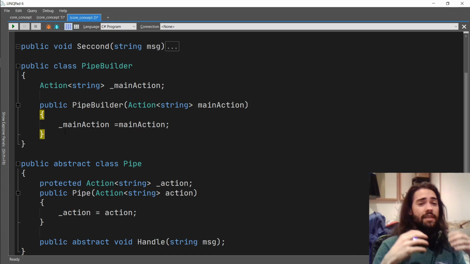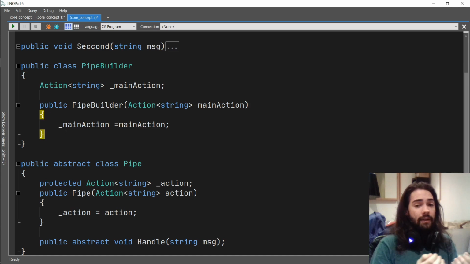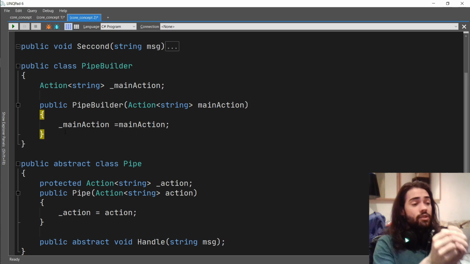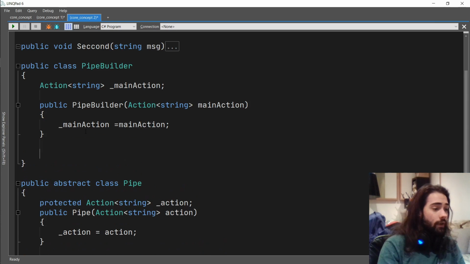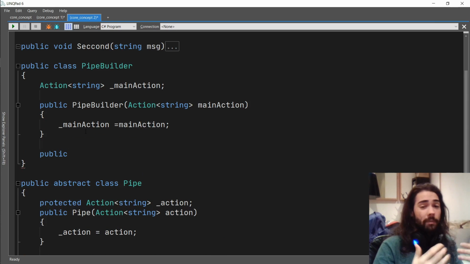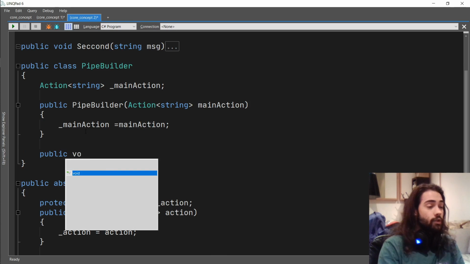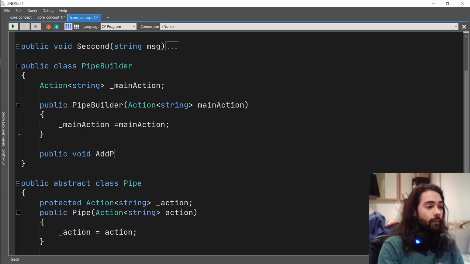Because essentially what's going to happen here is we cannot pass instances of types. So when we create the pipe, we already need to know what action is going to be going in there. Okay, so we need to know all of our pipes before we build the whole pipe. So what we're going to do is collect all the pipes that we want to register first. Let's go ahead and add void, add pipe, and here